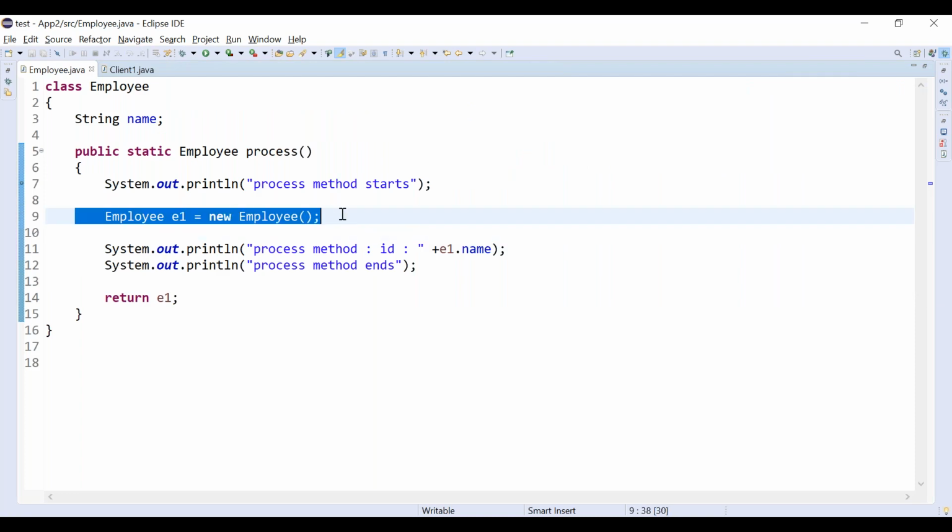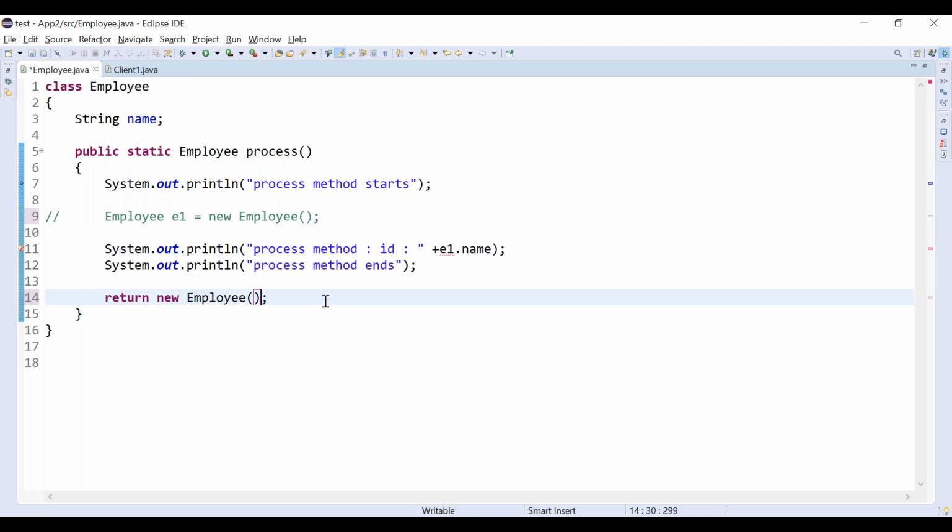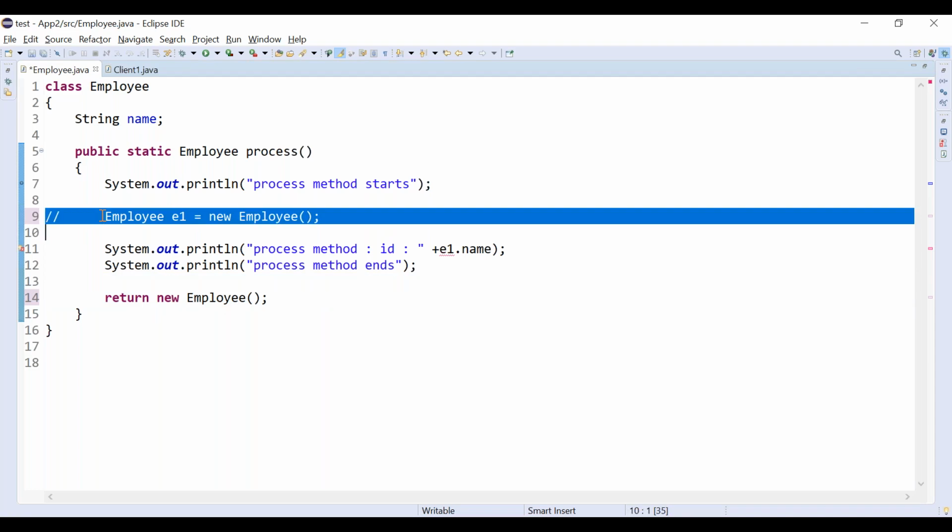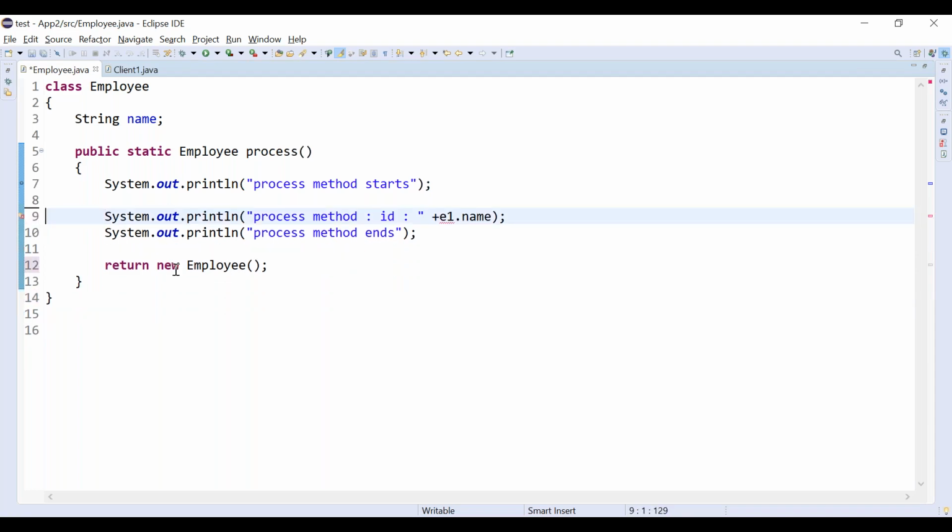Instead of these two lines, can I directly make this one line? I can remove this, right? Let me comment it. I can directly copy this, right? Instead of returning a reference, I can return an object also. In a single line, I am creating an object and returning the object.